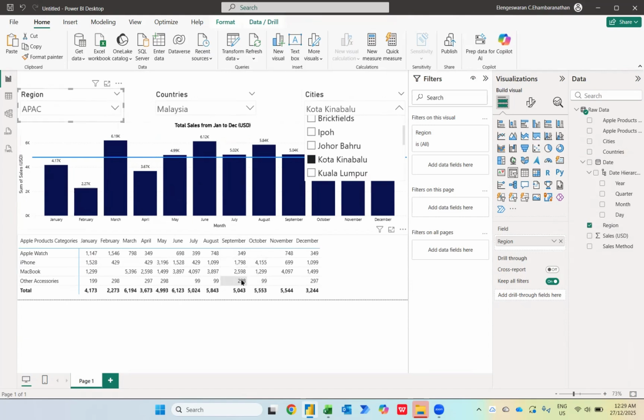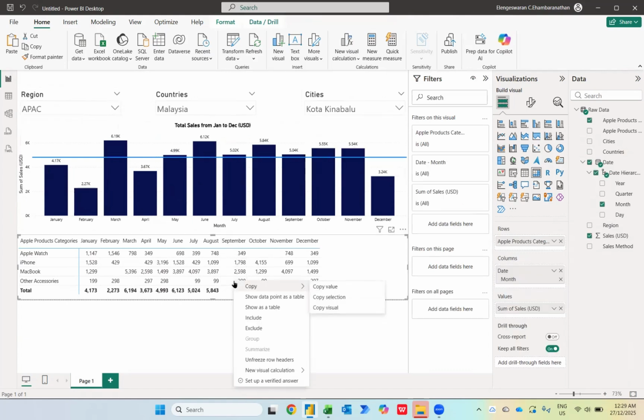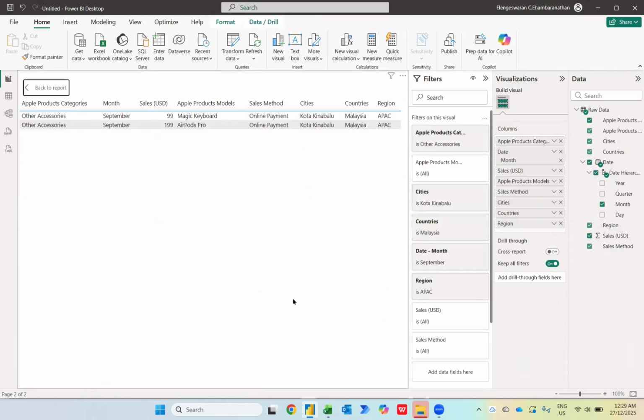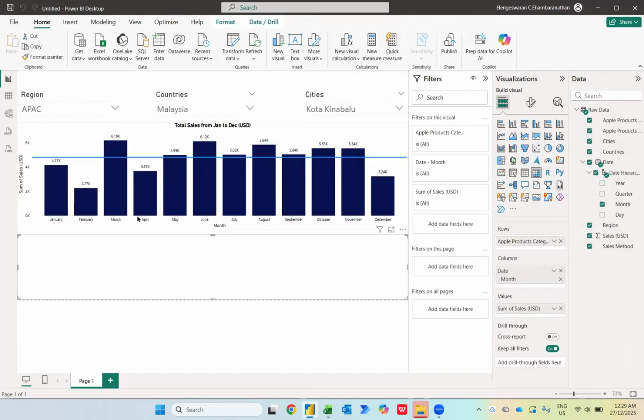So suddenly if your manager wants to investigate why September got 298, what you can do is right click with your mouse, and choose show data point as a table. When you click over here, it will show you all the transactions that happened for the September month for Kota Kinabalu, Malaysia. So apparently how we get the 298 is basically from these two items, Magic Keyboard and AirPods. So this is how we can investigate. So just say